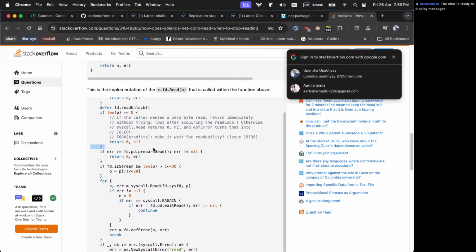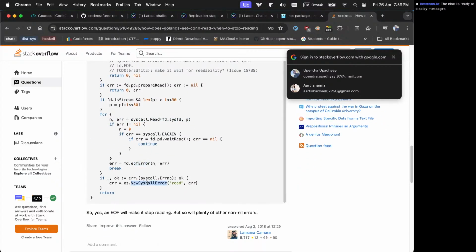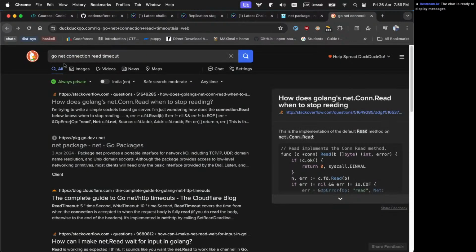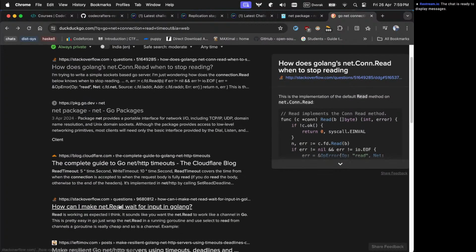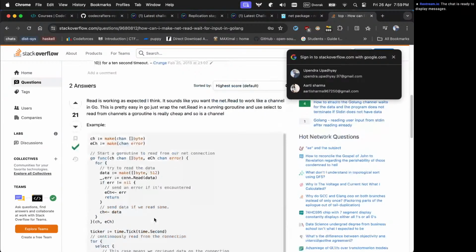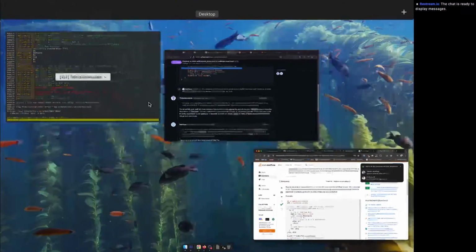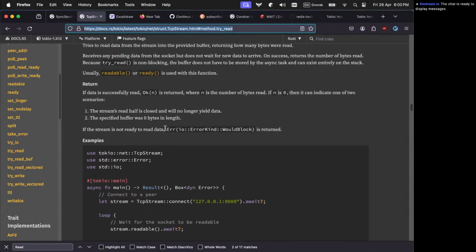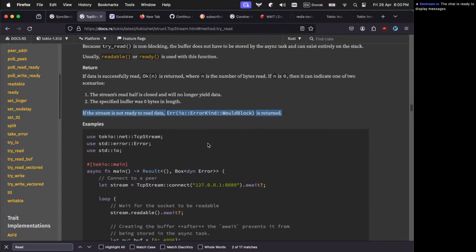Prepare read, syscall.read, EAGAIN error. Okay, if the stream is not ready to read data, would block will be returned.